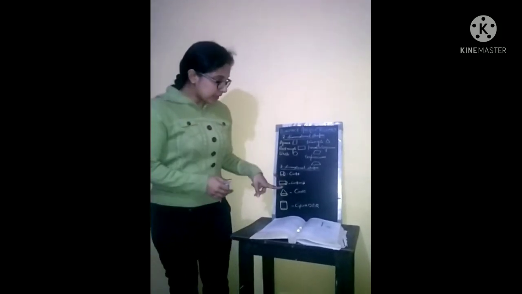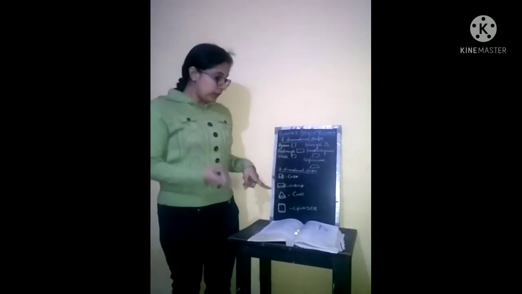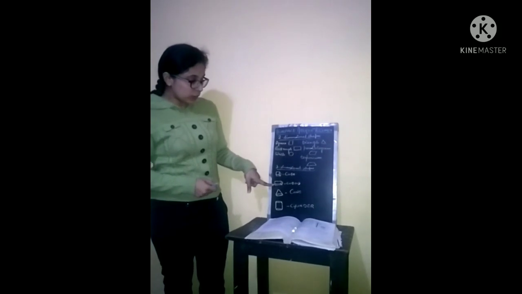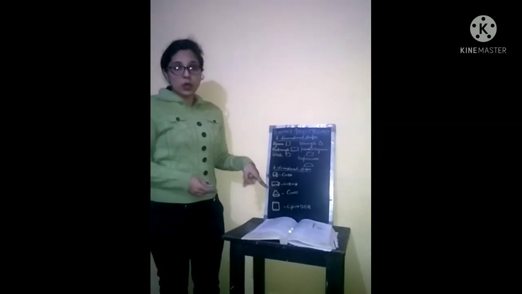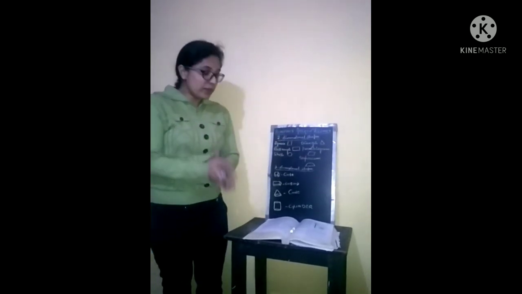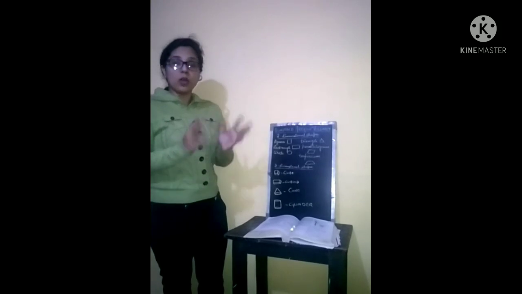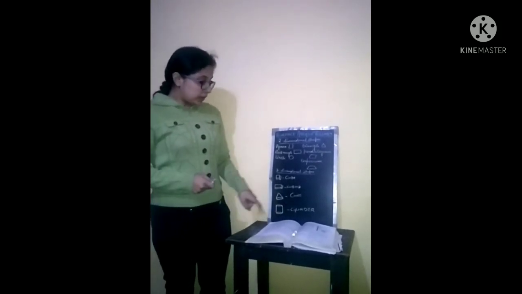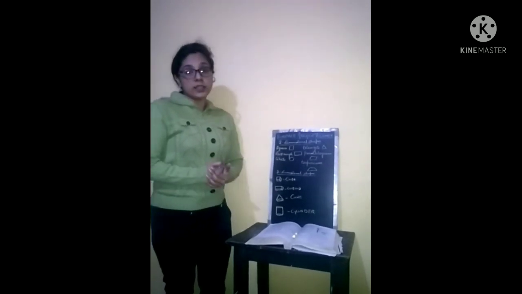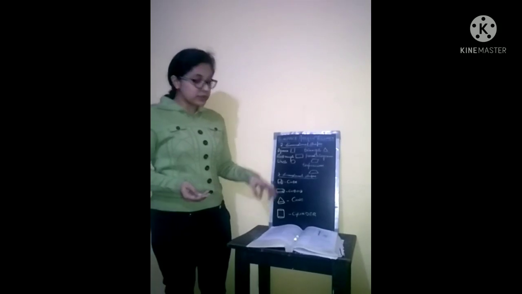And this is a cuboid. A cuboid also has three dimensions. These are the edges of the cuboid: length, breadth, and height. Next is the cone. A cone just looks like a birthday cap. It is not a triangle, but it is a cone, and it has some volume also. And this is a cylinder. A cylinder is not a plane figure again. A cylinder is a figure which has some space.